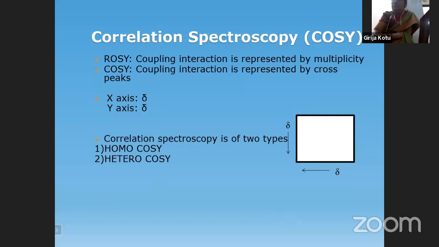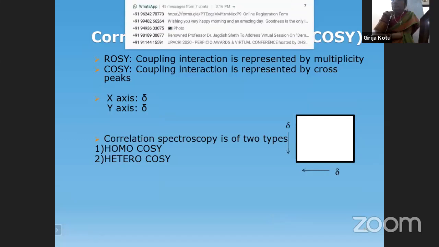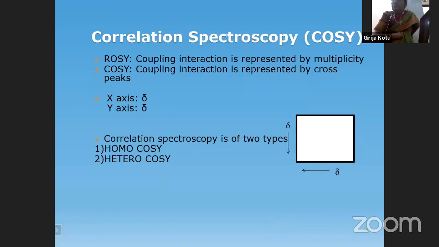How do we know that a particular nucleus is interacting with another nucleus in the NMR spectrum? How is that information displayed in the spectrum? How do we know there is a connectivity between these two nuclei? I'm saying nucleus here in general terms. The nucleus may be a proton, a C13, or any other magnetic nucleus. For example, let me talk about the proton NMR spectrum.